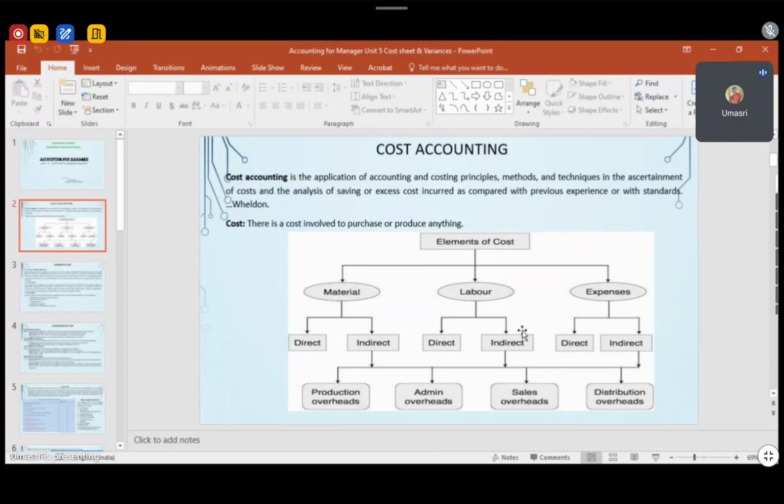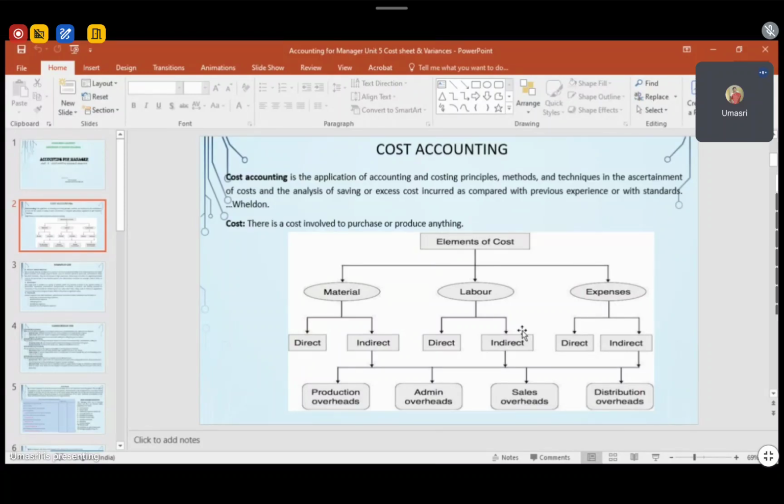Overheads can also be direct, for example power consumption: for one unit of output, how much power you have to incur. That is direct expenditure. Indirect expenditure is different, right? So you have to classify the elements of cost: material, labor, and overheads, both direct and indirect. Indirect material, indirect labor, and indirect expenditure come under the heads of production overhead, administration overhead, sales overhead,